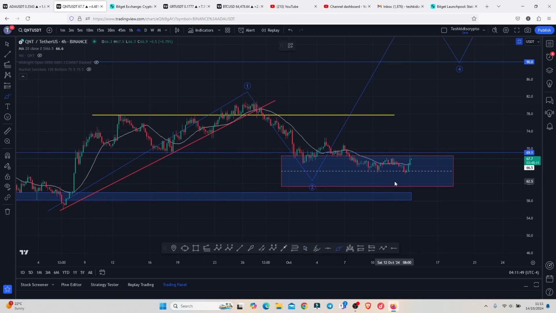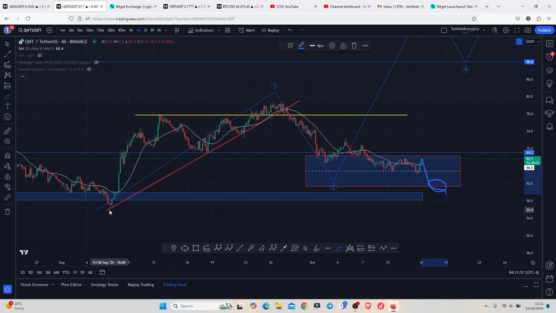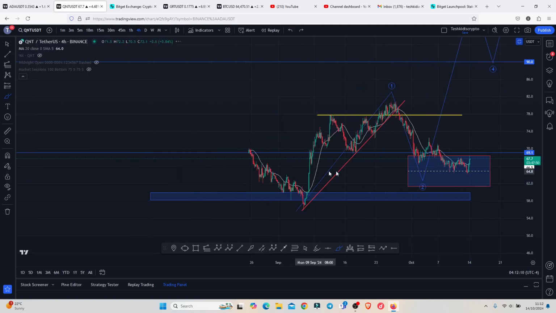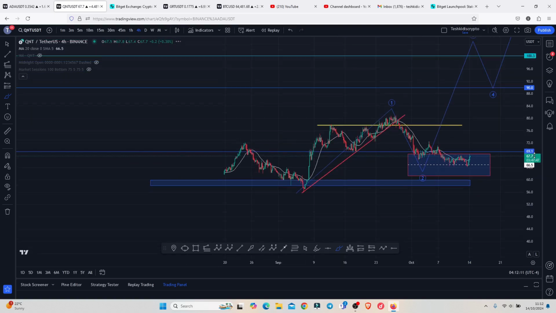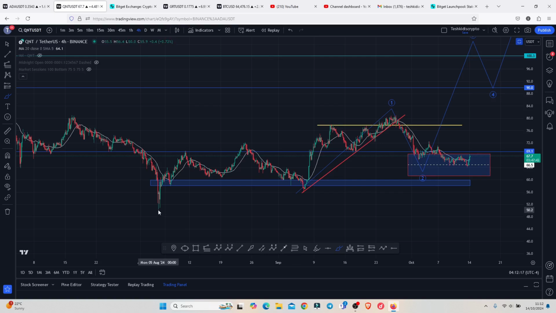But if by any chance we get a sudden pullback and we break to the lower side of this target area, then that will be suggesting that we are going to get a reset of the lows that we made on the 6th of September below the $56, and a break to the lower side of $56 will be suggesting a more bearish case scenario where we can easily see a reset of the lows that we made at the $50. So those are the two alternative scenarios that can play out in case we don't see a break above significant key areas of